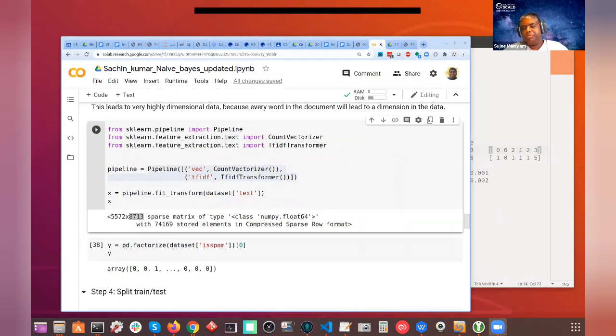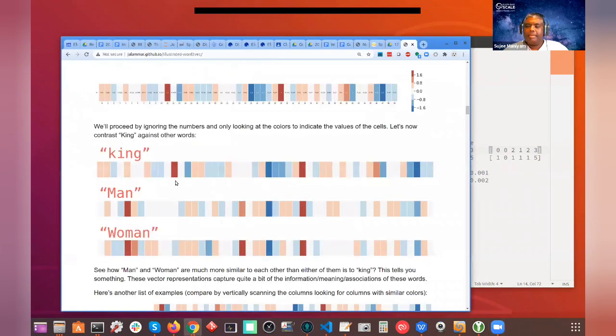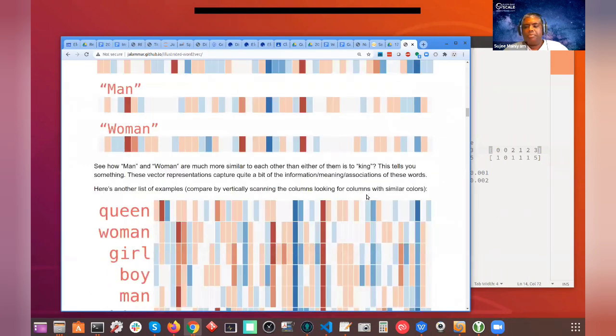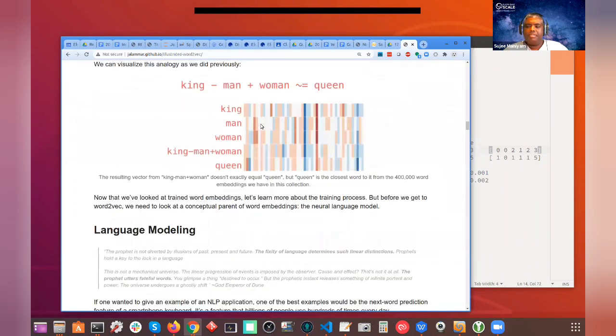The question from Richard was about the order of words. Absolutely. When word-to-vec encodes, it considers the word order, and that's why it's able to capture this classic equation. If it just randomly encoded the words into vectors, this wouldn't be true. So yes, the word-to-vec algorithm does consider the order of words. Very good.